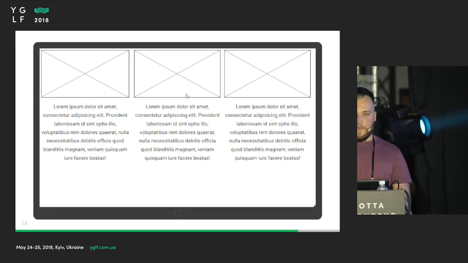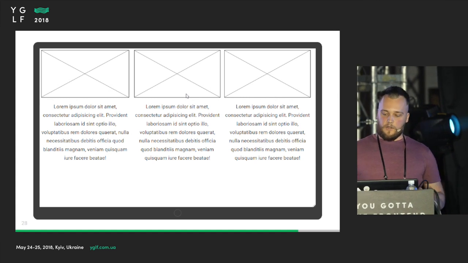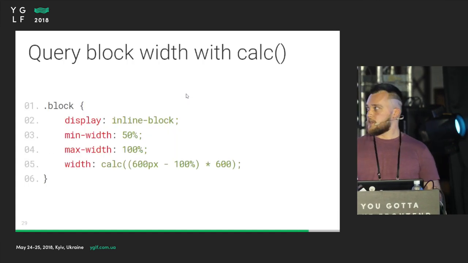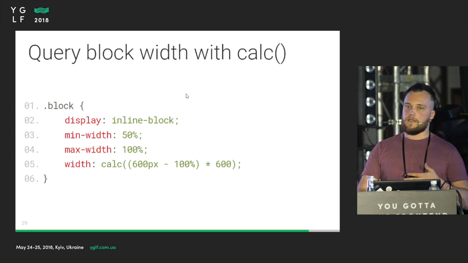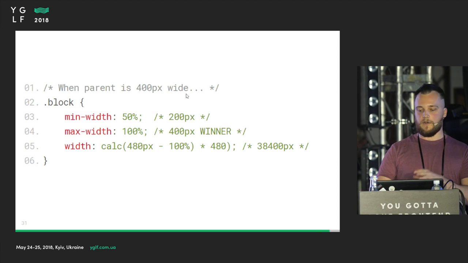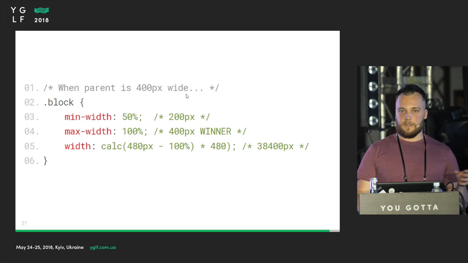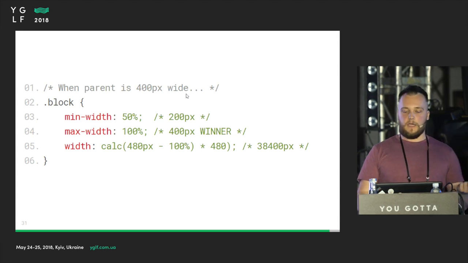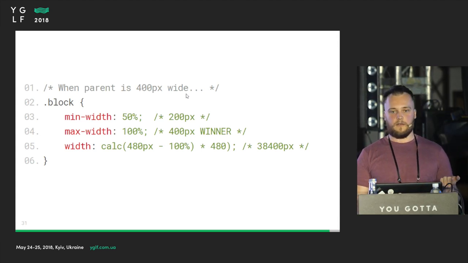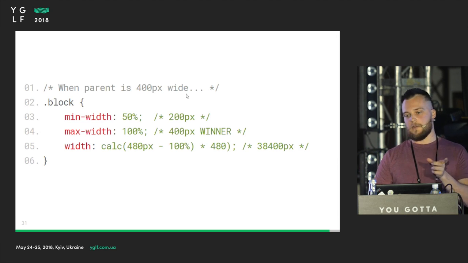Another way is a fake media query with calc. It depends not on the viewport width, but on the parent block width. This expression may be too complicated, but the main idea is that the width becomes very small or very big, and depending on that, the block uses min width or max width. This approach will work in emails, and if, for example, you don't know where the block will be, in the main column, in the side